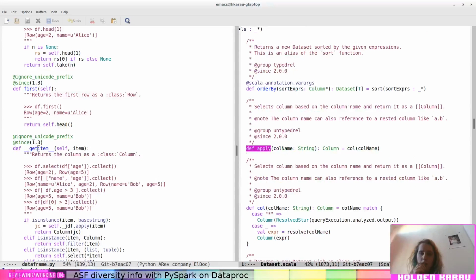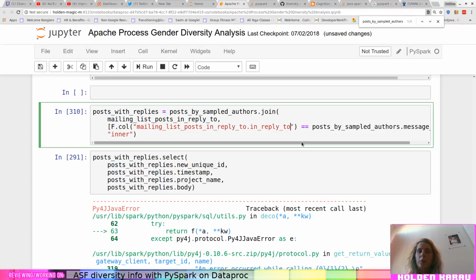Right. This does give me a call. So I'm not sure why the resolution is not working the way I wanted it to.